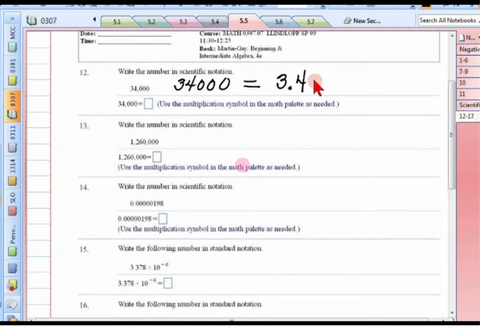It's going to be times. Now, when you answer these questions in my math lab, there will be a times sign, an X, which we've sort of abandoned because it looks like letter X. It will look a little different. It will be over in the tool palette. Okay, so it's 3.4 times, and I know it will be 10, and now I have to figure out the